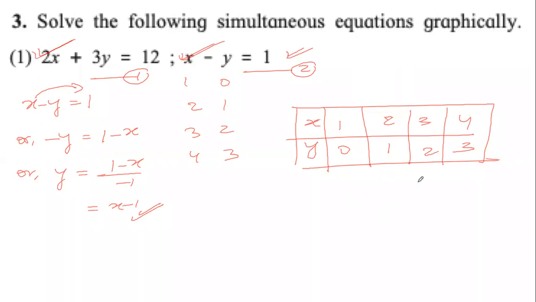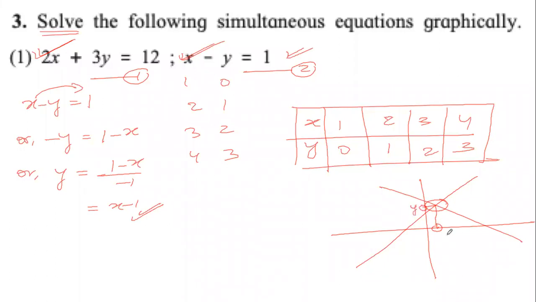We can plot this on a graph paper. We will get 2 lines. They may look like this. And the solution, it says solve now. The solution will be the coordinates of the point where they intersect. This will be the x value, and here, this will be the y value. You will do it on your own, on a graph paper.